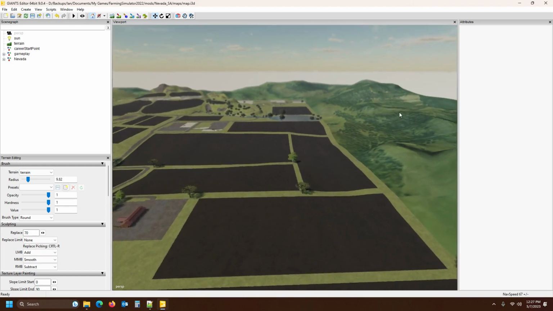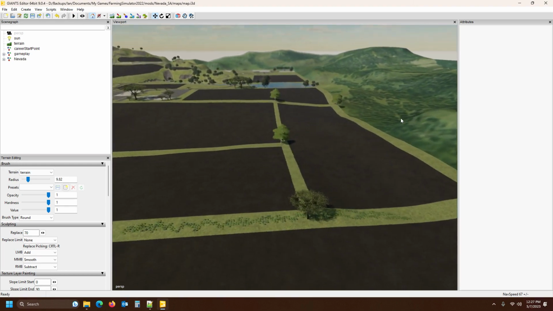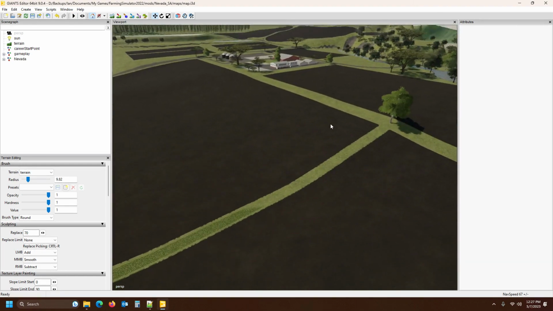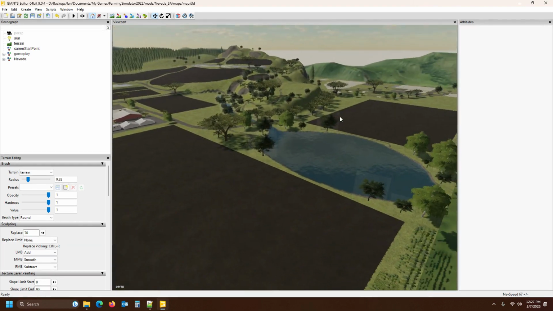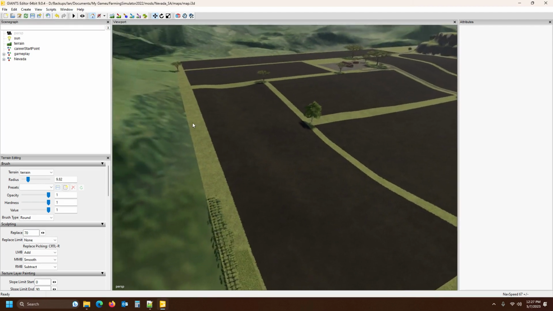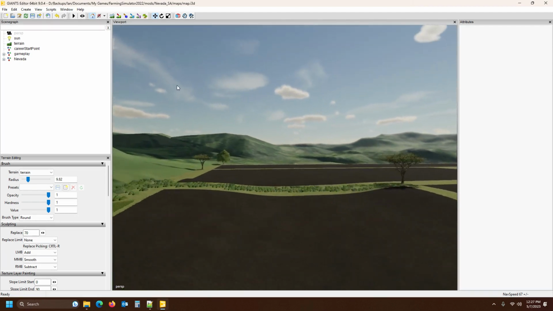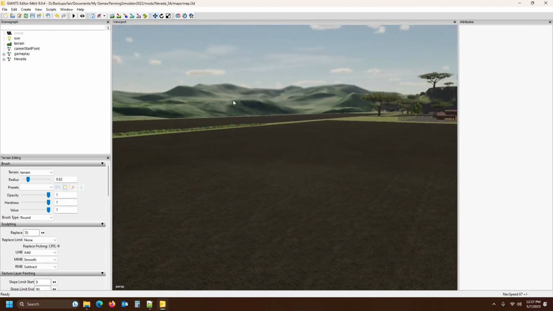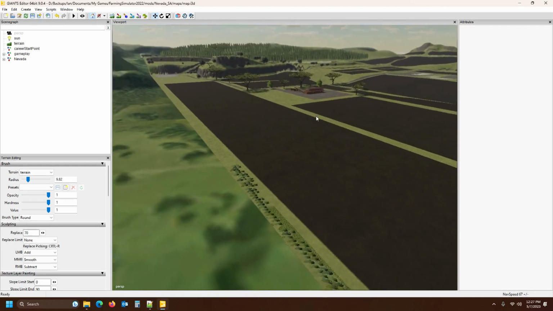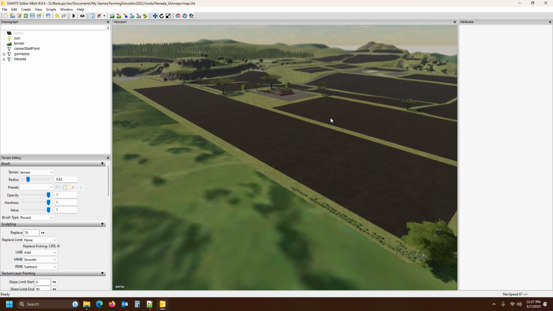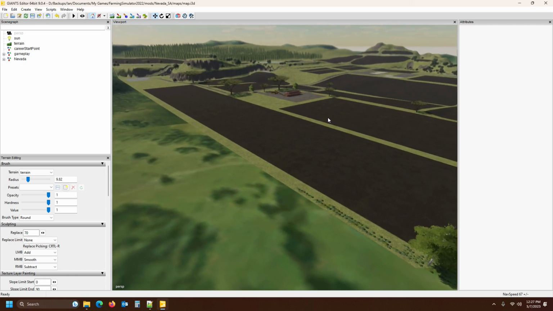Good. All right, and then also you will notice that I've done a bit of terrain editing here, just to play around a bit and change the terrain up a bit, because it was all flat here on the bottom, so I felt, let me make it a little bit more realistic, because you don't really get flat earth like this. And to start off on this episode, we're going to have a quick look at how to use the